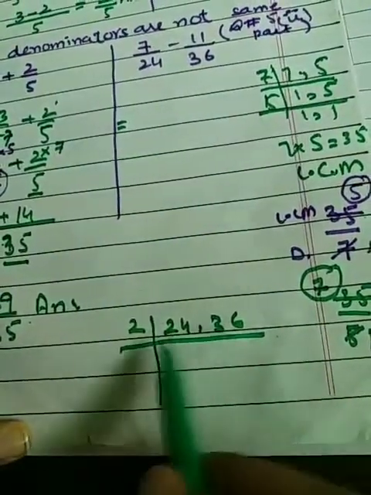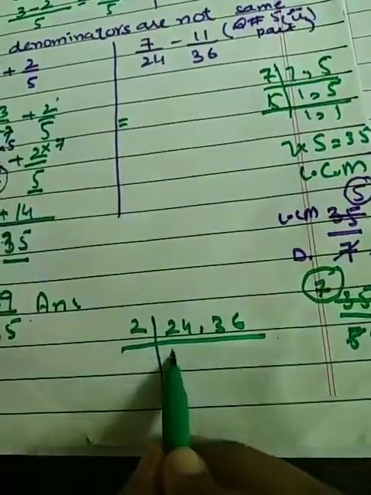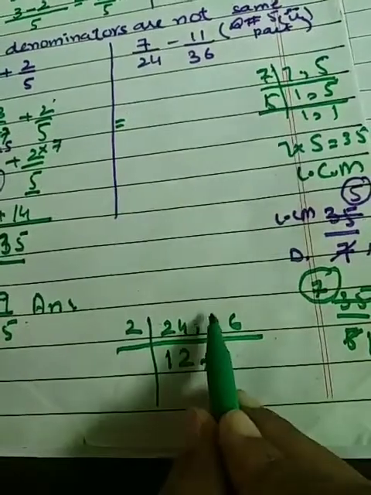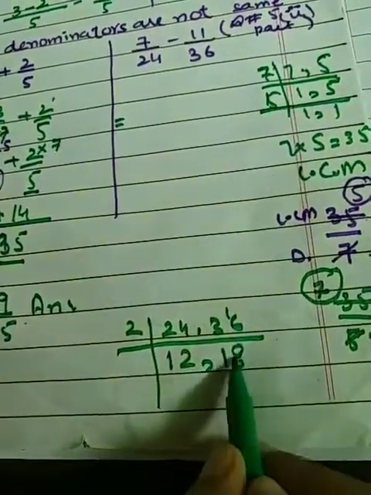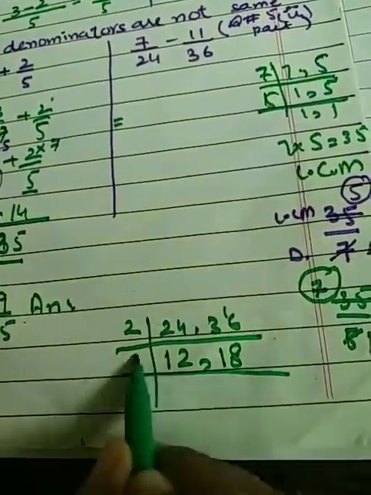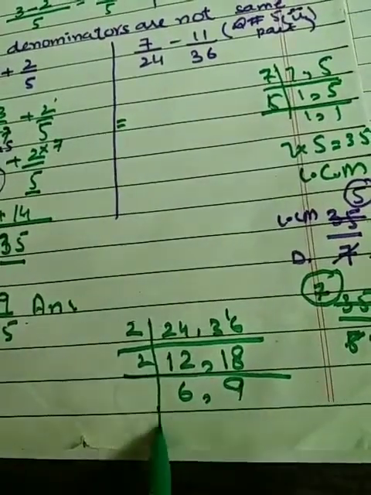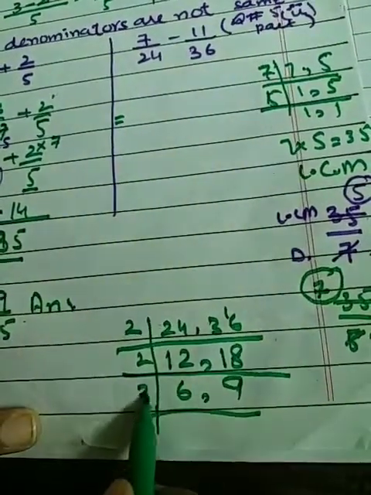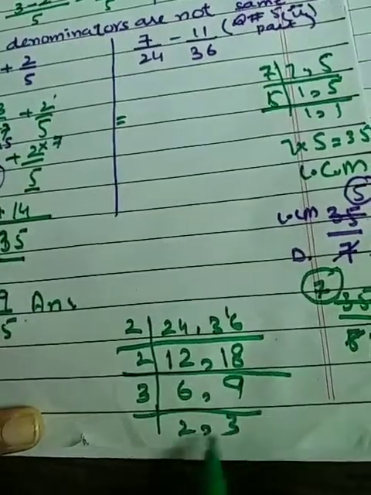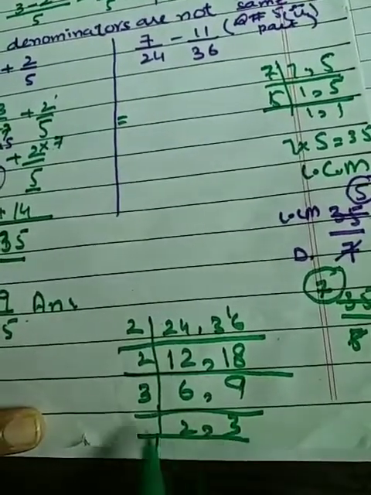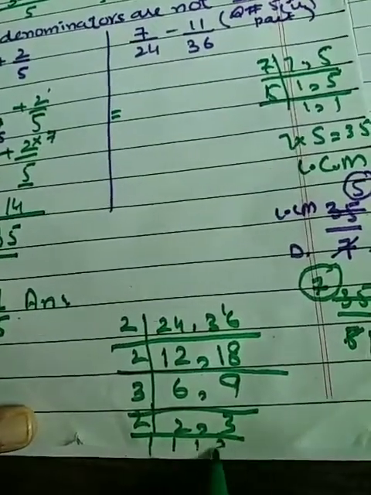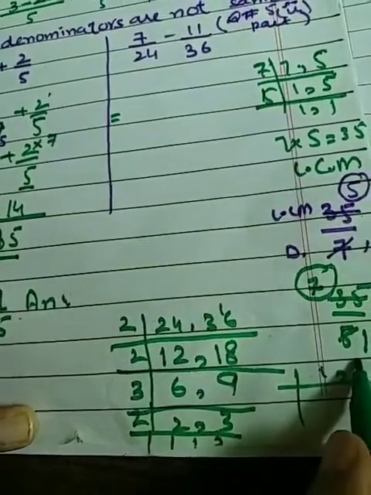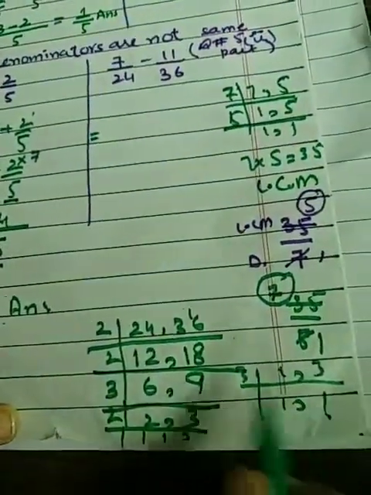2 is a common divisor of both terms. 2 ones are 2, 2 twos are 4, 2 ones are 2, 1 carry over, that is 16 here, and 2 8s are 16. 2 6s are 12, 2 9s are 18. Again, the common divisor is 3. 3 2s are 6, and 3 3s are 9. And then again, of course, 2 1s are 2, 3 as it is, we can write here. Okay, 3 1s are 3.